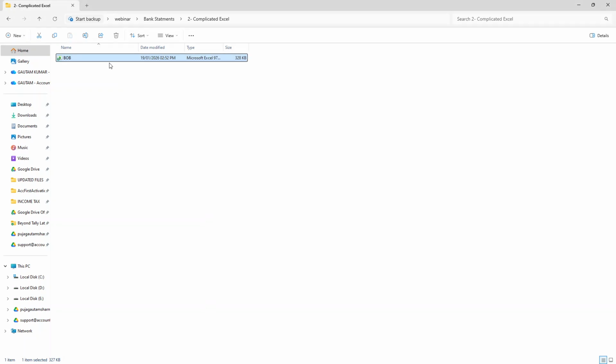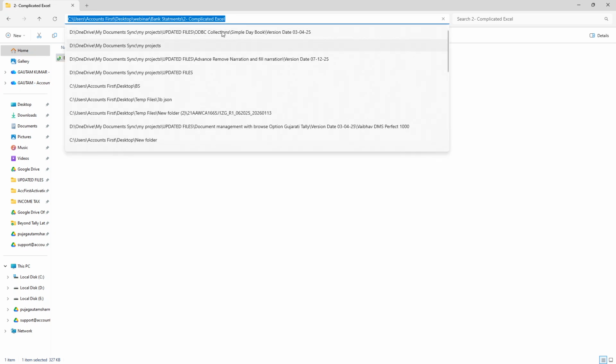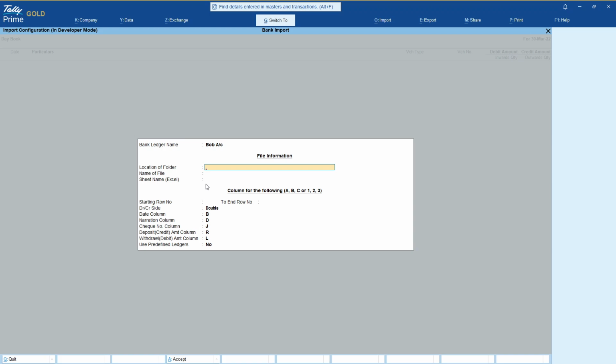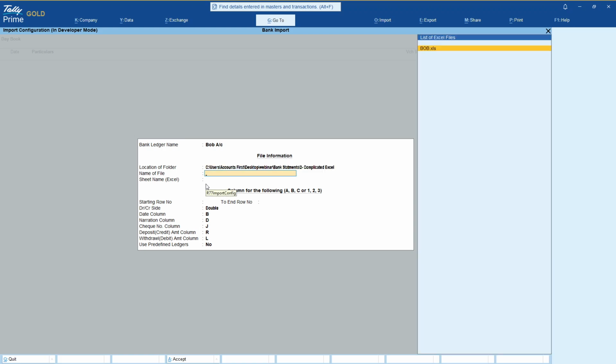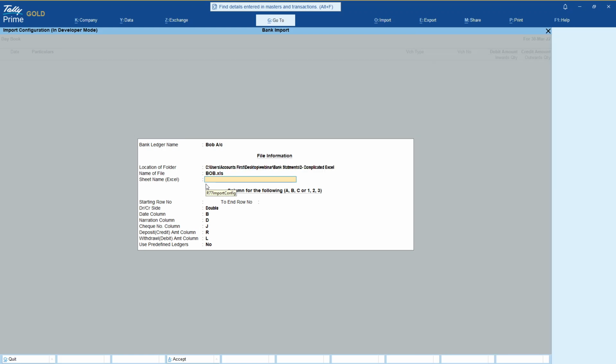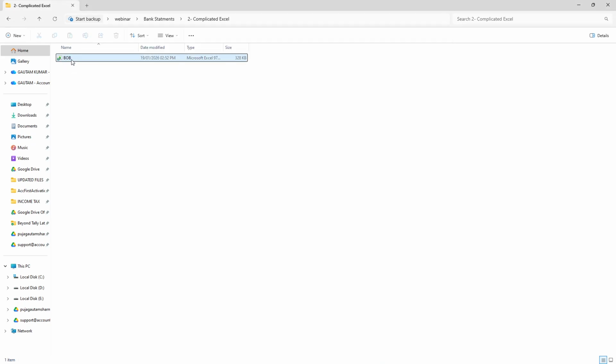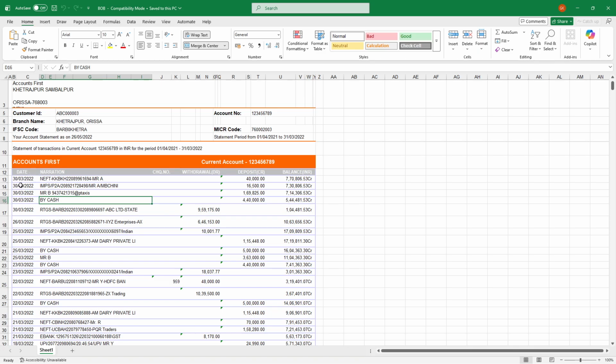That means the folder where we have our bank statement which we want to import. So we just have to copy the folder path, paste it here, then select the name of the file, then select that Sheet 1, and then the starting row number to the end row number. That means if I once again open the bank statement, you can see it is a reverse statement, and